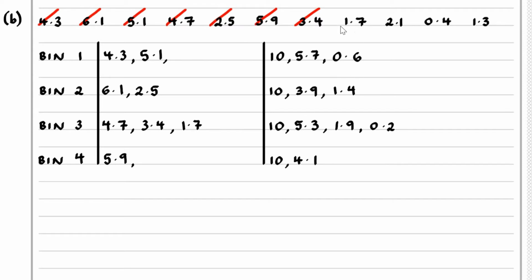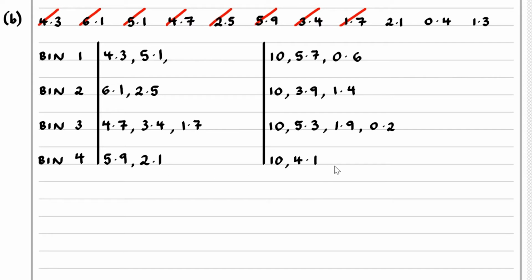So we cross off the 1.7, indicating we've used it. Let's take a look at the 2.1. Well, there is not enough space in bin 1, there is not enough space in bin 2, there is not enough space in bin 3, however, there is enough space in bin 4. So we place the 2.1 into